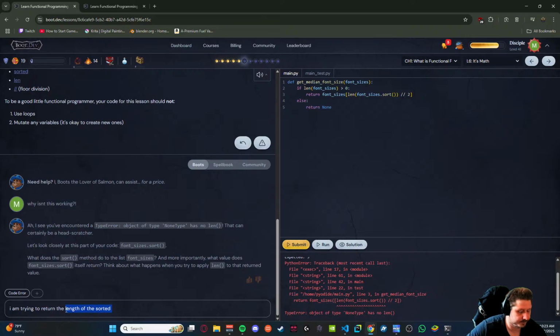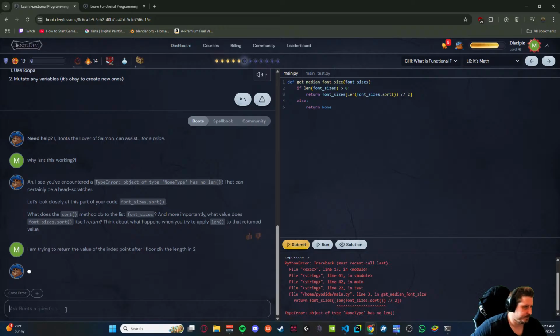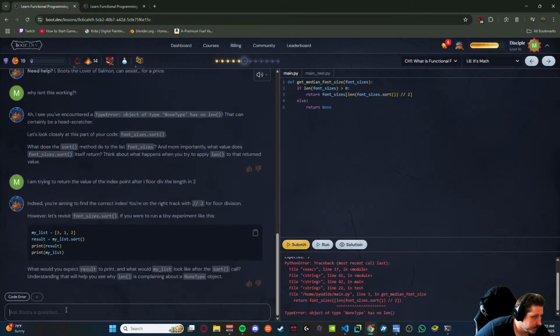The value of the length of the index point after I floor div the length into. Indeed, you're aiming to find the correct index. You're on the right track with floor division. However, let's revisit font sizes.